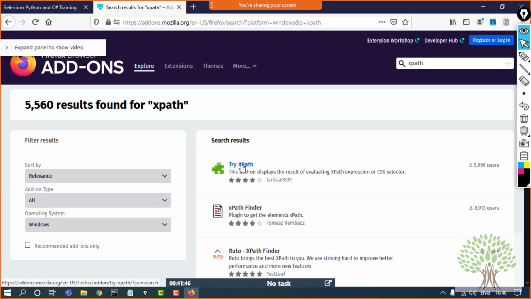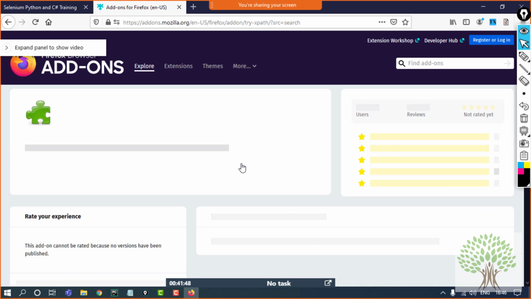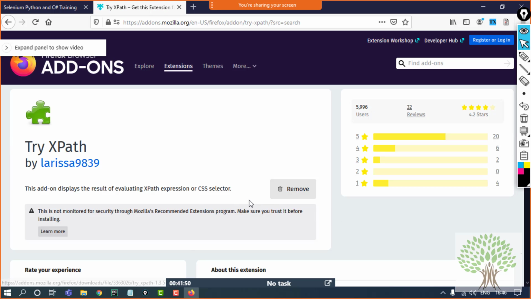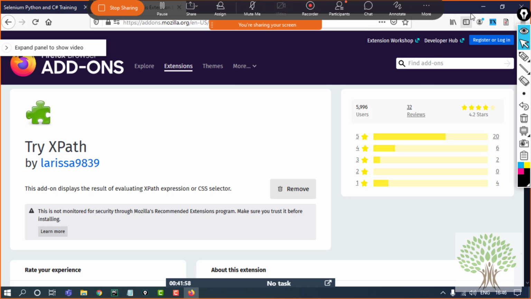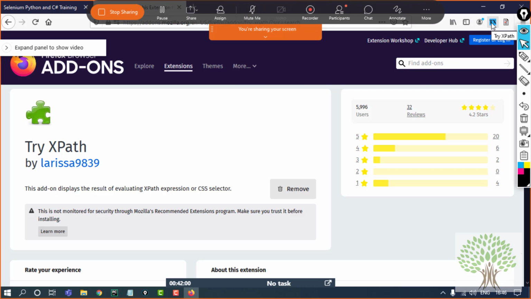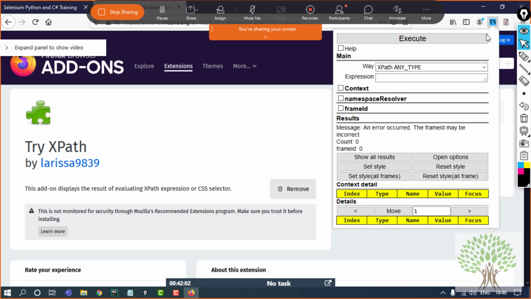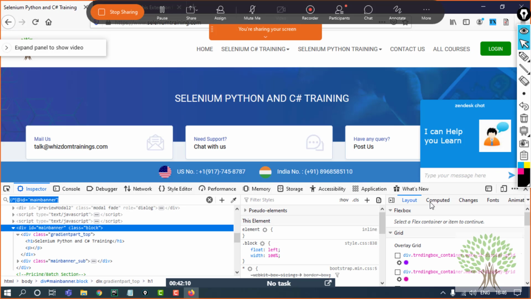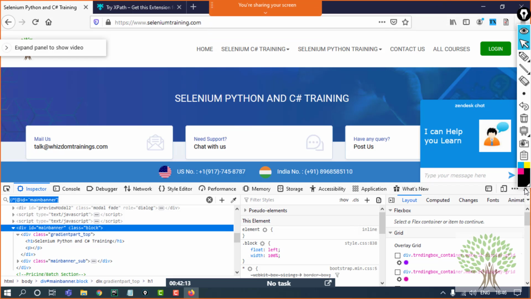First is this Try XPath. Just click on this Try XPath, and over here you will get an option to add it to your browser. Click on OK, allow the permission, and your Try XPath will be added in your browser like this. This particular tool is added in my browser. This kind of window it's going to give you. I'll show you this on the page over here. Now what this particular tool does is,